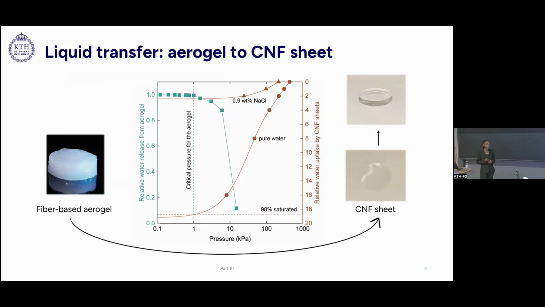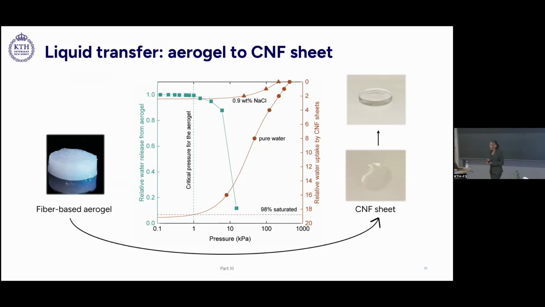So the heterostructure also consisted of a fiber-based aerogel, which is responsible for the rapid absorption and spreading of liquid to the CNF sheet. And so to evaluate the ability of the CNF sheets to drain the aerogels, we performed automatic pore volume distribution measurements on the aerogels to evaluate its pore size distribution, as well as the extent to which water can be retained within the structure under increasing air pressures. And we then combined this data with the swelling pressure data of the CNF sheets.